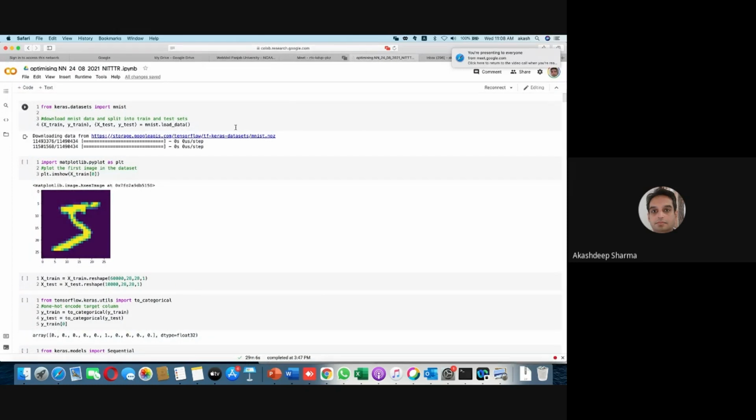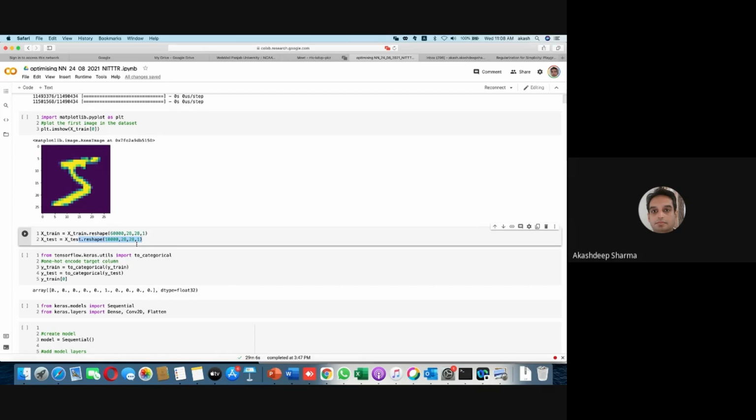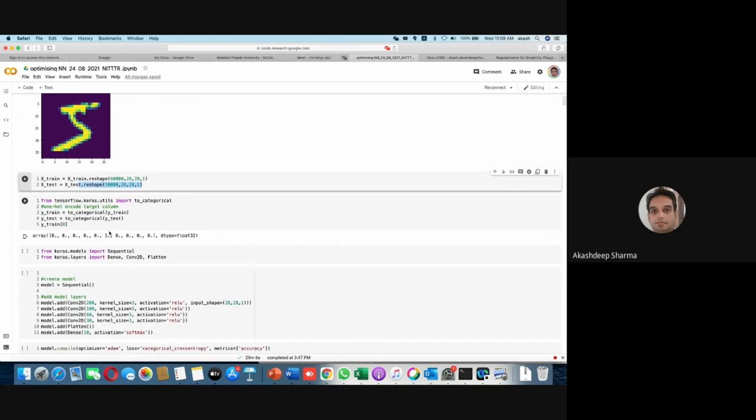Okay, if it is done, so again, I have a data set, which is a handwritten digits data set, right? इसमें handwritten digits हैं like this, 1, 2, 3 digits हैं. So first आप उसको train test में लेके आओ, right? Then